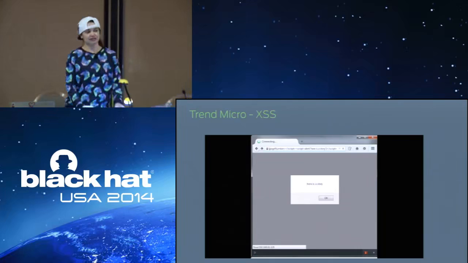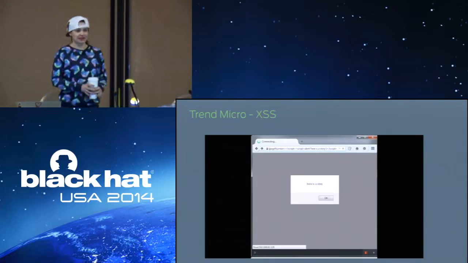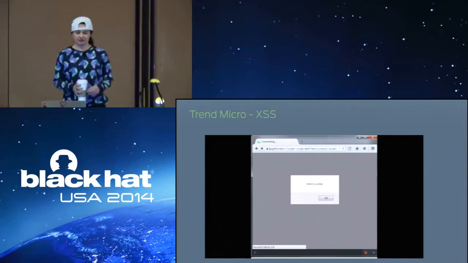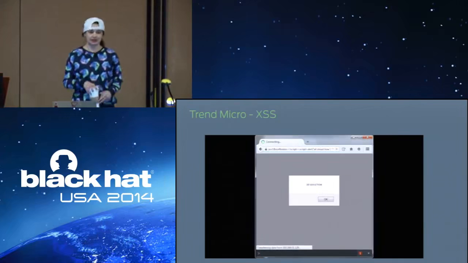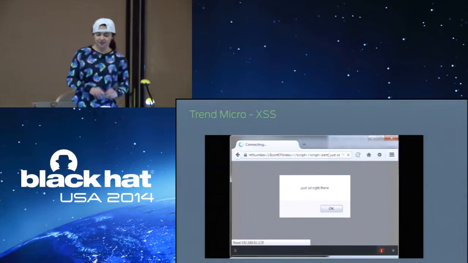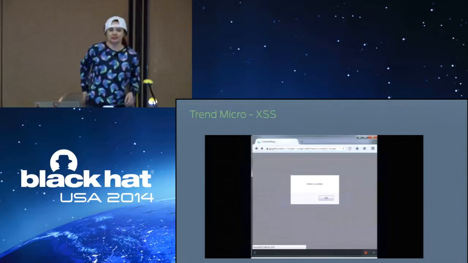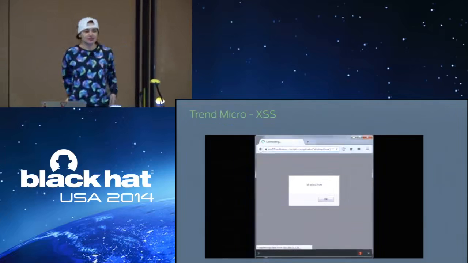Obviously, cross-site scripting isn't an impressive bug. It's something that if I was really patient, I could probably teach my mother how to find. So at first I was like, oh man, this is lame. Nobody gives a crap if there's cross-site scripting in this. But it's such a basic bug. Why didn't